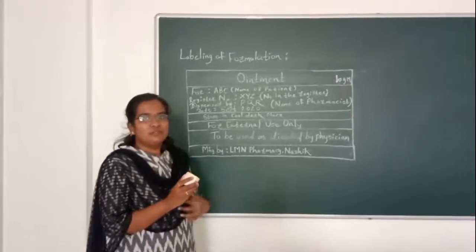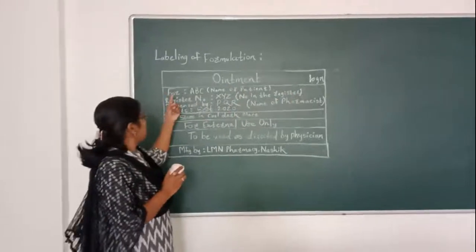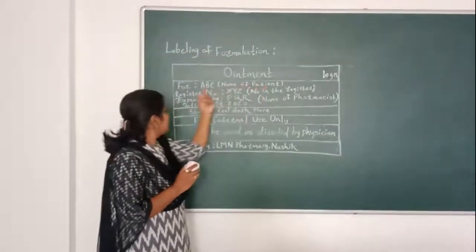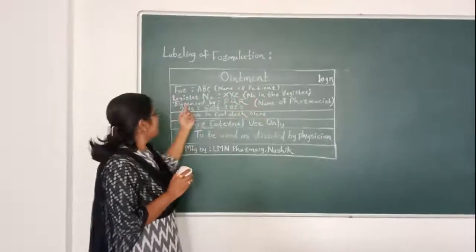So now we will move towards the labeling part. Ointment 10 gram. For ABC, meaning the name of the patient, register number XYZ, which is the number given in the register, dispense